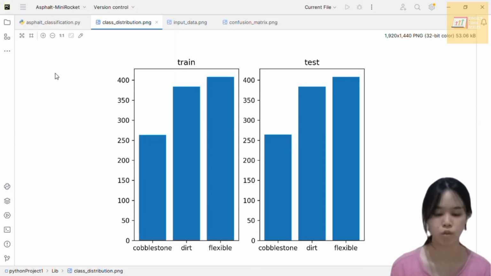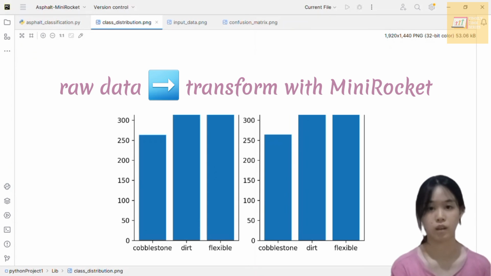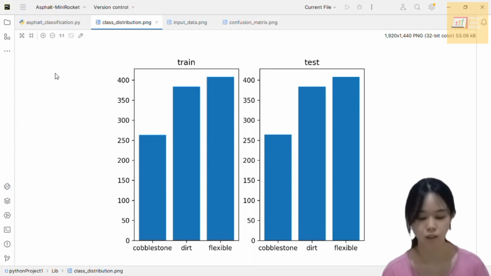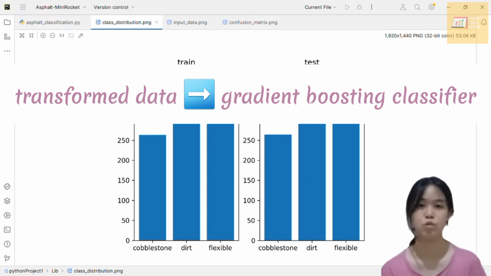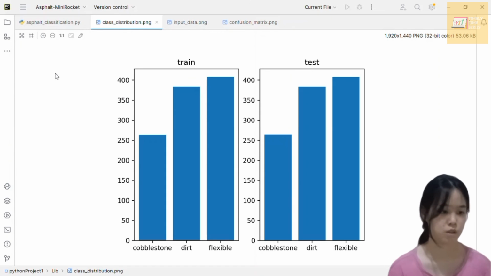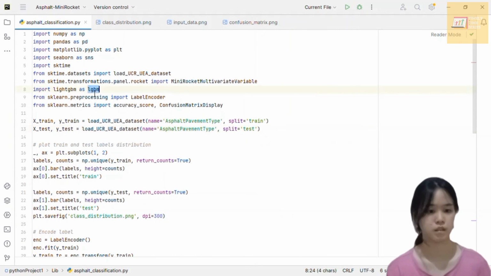And now, how do we want to solve this project? After we get the raw data, we transform it with MiniRocket, and therefore we get the transformed data, which are the features captured by the kernels generated by MiniRocket. Then we use this transformed data to train a gradient boosting classifier. More specifically, we use LGBM as our library to classify the